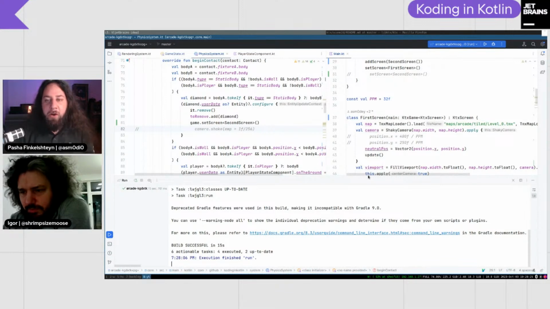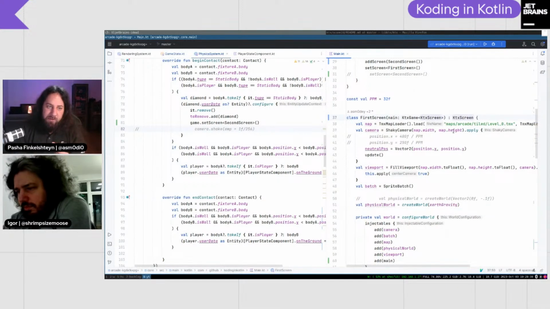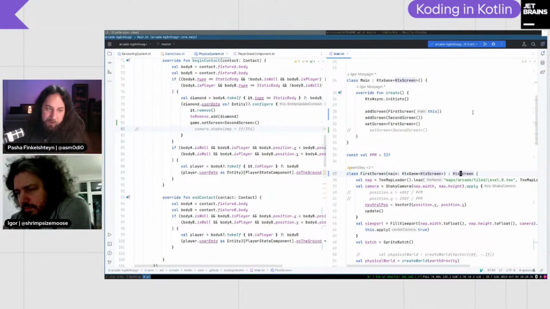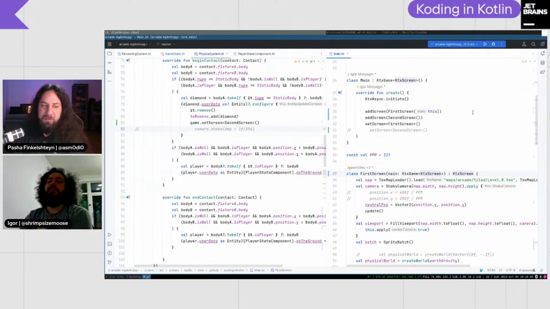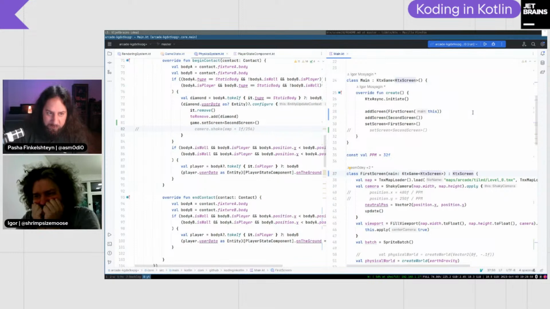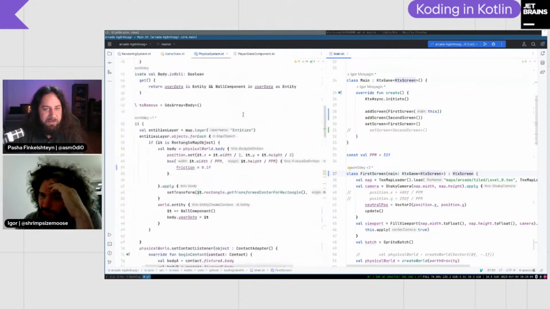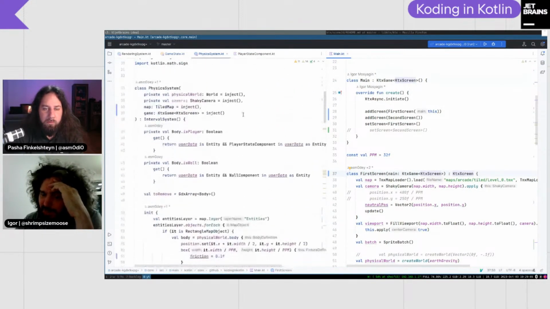So now first screen contains a reference to KTX game. Changing screens is a responsibility of the whole game, right? So what we did in create, we passed a reference to the game itself, and now this KTX game can be injected into any service. That's what we did. Now it's injected into the physics system, and when we contact the diamond, we call game.setScreen. Is it clear now? Yeah, conceptually it's clear.